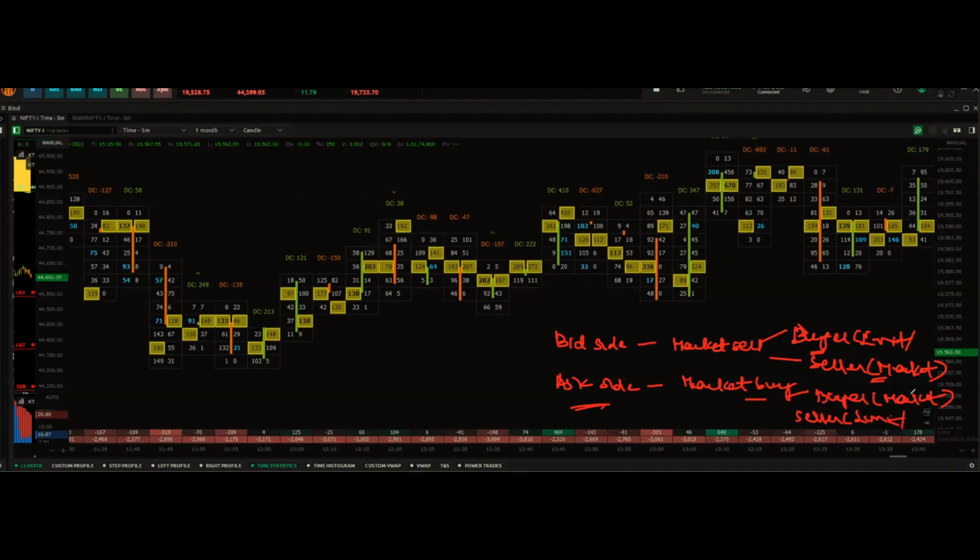Why exactly is this segregation important for you as a trader? Limit orders do not move the markets. Say a trader puts a passive order for buying 1,000 lots of Nifty futures at 19,200. We are not trading at 19,200 at this moment. So only when price goes to 19,200 will that order get executed, or else it does not get executed. That trader is willing to wait for price to come to that level for his order to be filled. These kinds of orders do not move the markets.